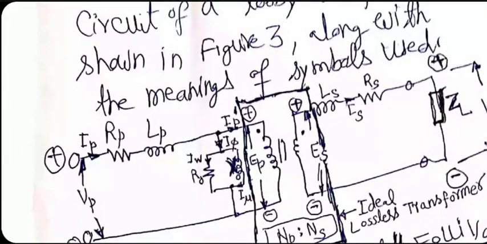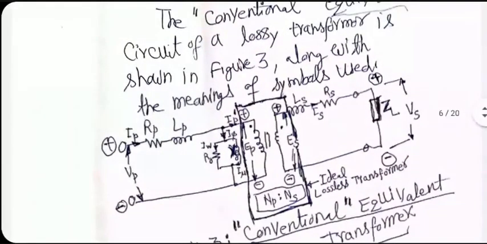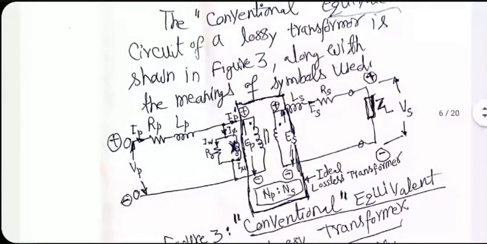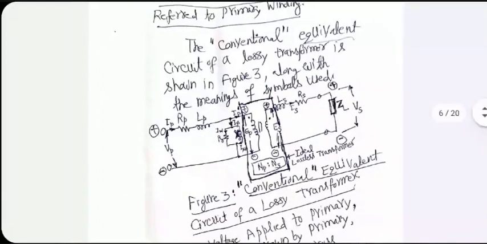These factors are given to you: R0, X0, RP, LP, and on the secondary side, LS and RS. Everything is given to you for a given transformer. On the secondary side, the secondary winding's inductance is LS, its resistance is RS. Normally, LS and RS are relatively small compared to LP and RP, but you never know. There may be special cases when that may not apply.